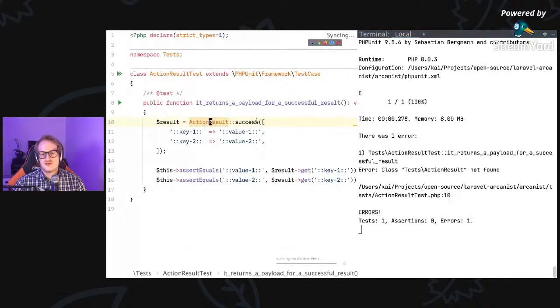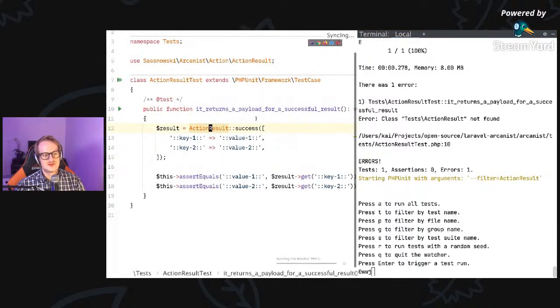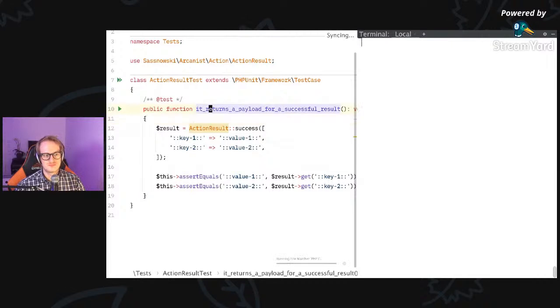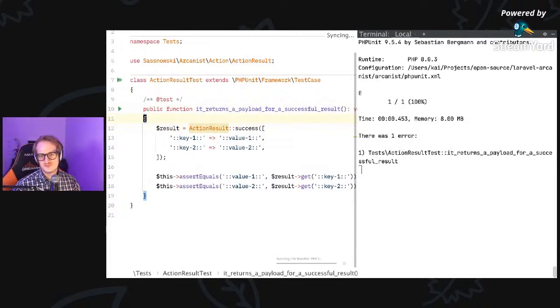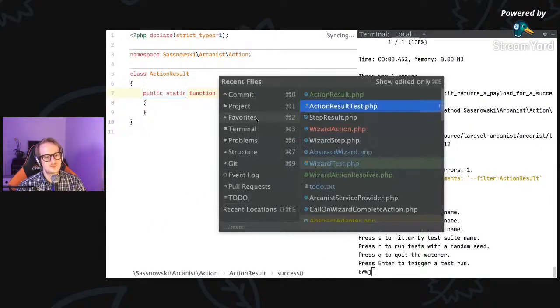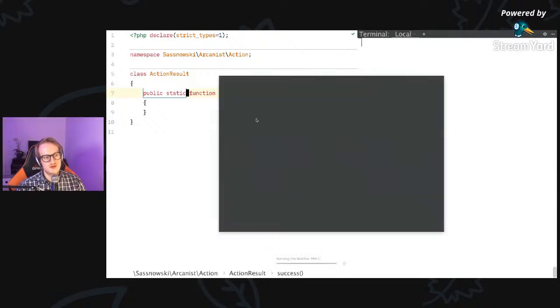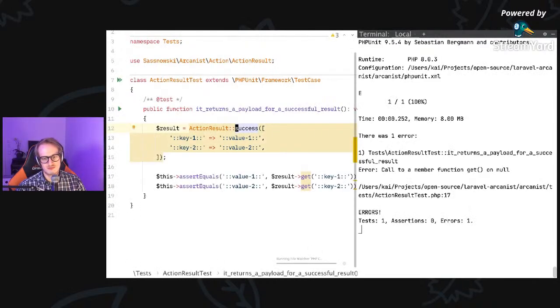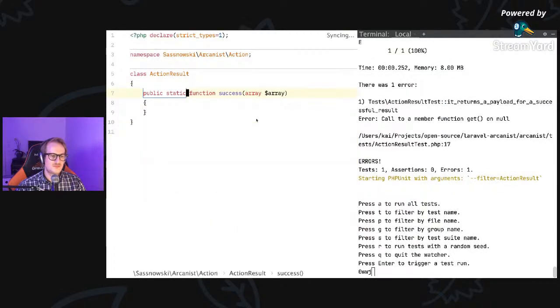Yeah, this PHP Unit Watcher, if it worked, it's really nice, and it's not the fault of the package. Okay, so yeah, no success method. So let's fix that. And now it says I'm trying to call get on null. Right. So in true